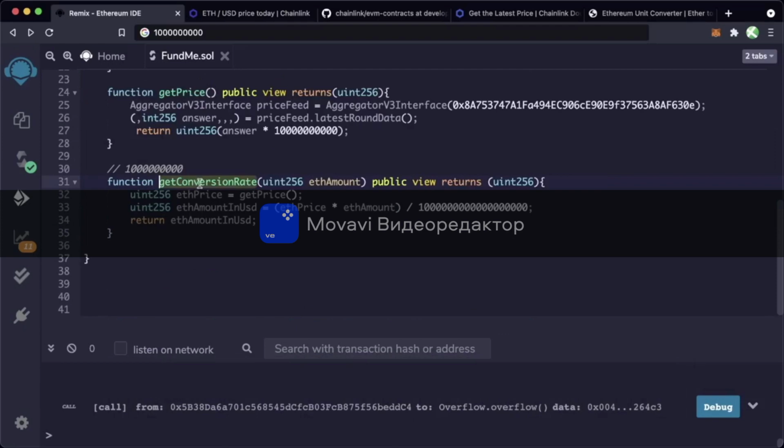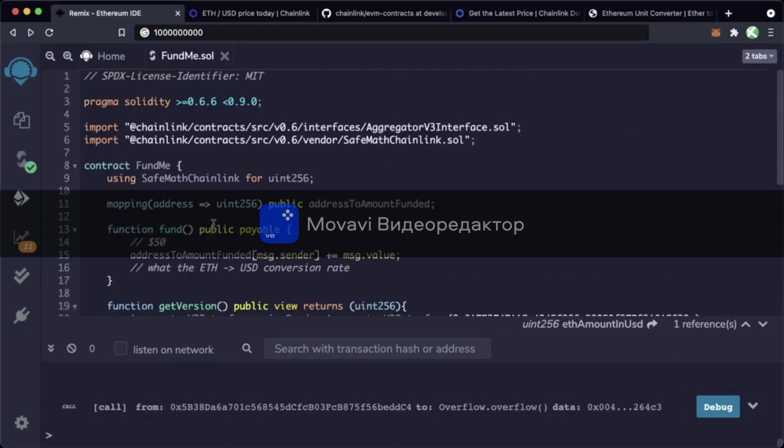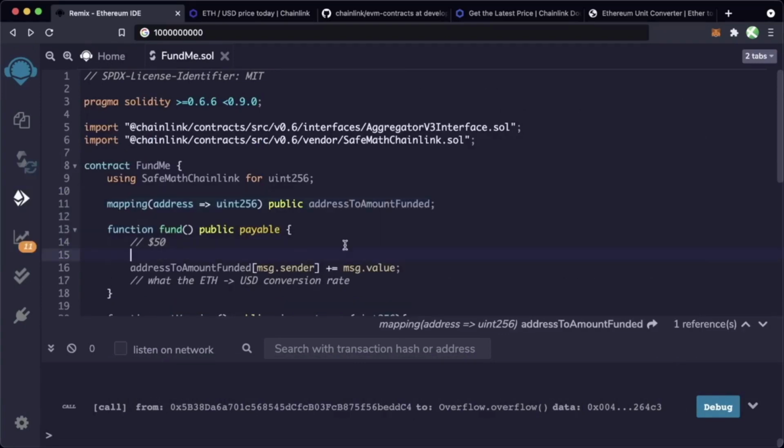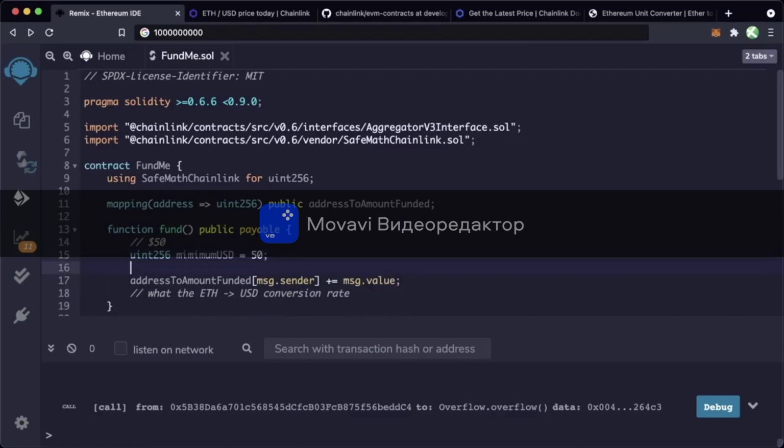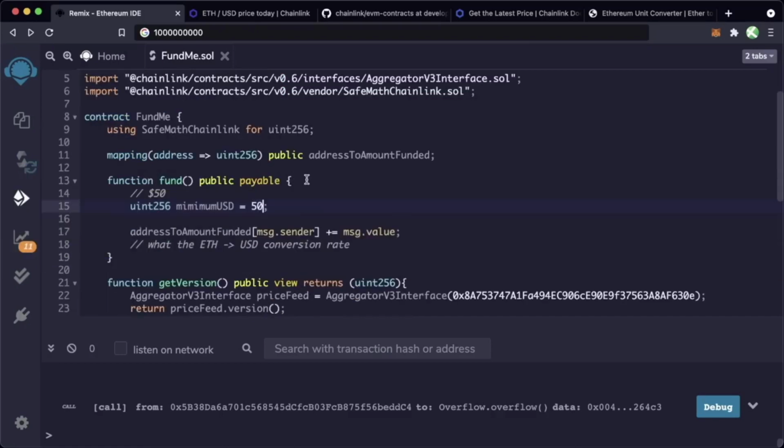We now have a way to get the conversion rate of whatever ETH is sent and turn it into US dollars. Now we can set a threshold in terms of US dollars. But how do we guarantee that whatever amount the users send when they call fund is going to be at least $50? Well, first we might want to set a minimum value. So we can do uint256 minimum USD equals, let's say, $50. And again, since we're using everything in GWEI terms, we want to then multiply this by 10 raised to the